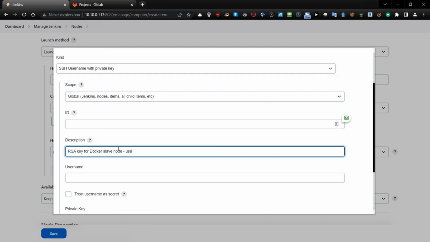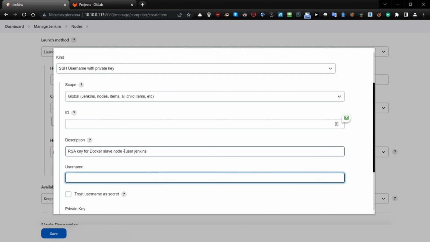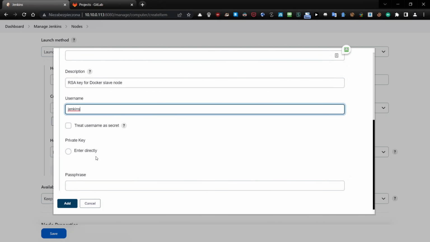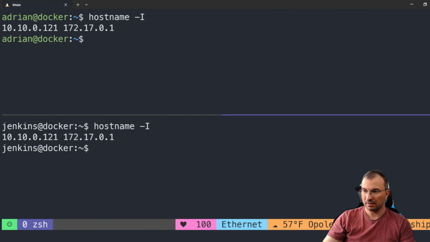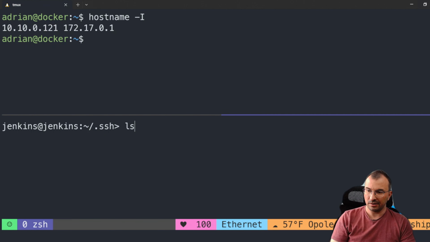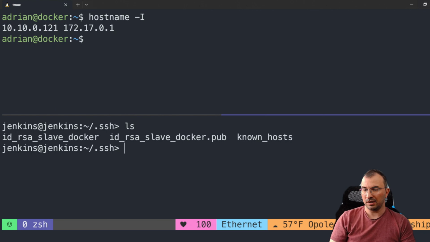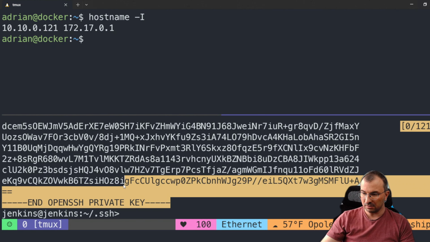And you can use Jenkins, something like that. But you don't have to do this, because here you type username Jenkins and then enter directly the private key. So you need to go back to the CLI, right? And in the command line on Jenkins, we will log off, and here we have two keys, and we need a private key. So id_rsa_slave_docker. So cat id_rsa_slave_docker and copy the whole content